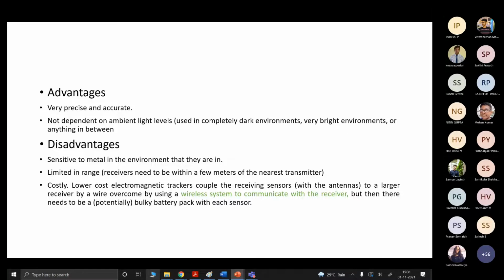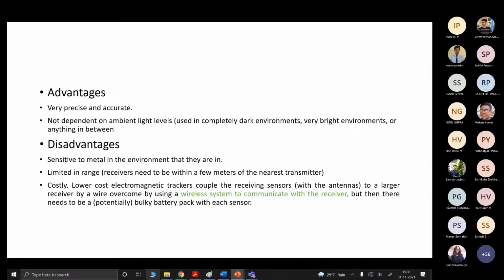It has a limited range, and it's also costly. It has a wire connection between the receiver and the transmitting unit, and it is connected with the help of wires only. So that is also one disadvantage.